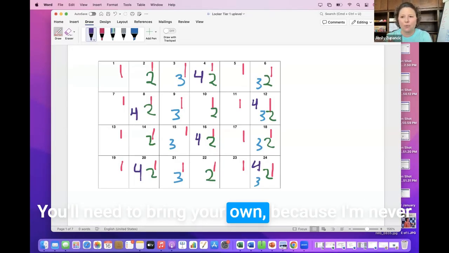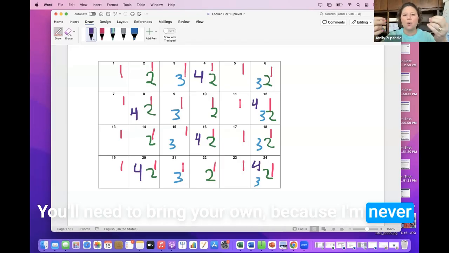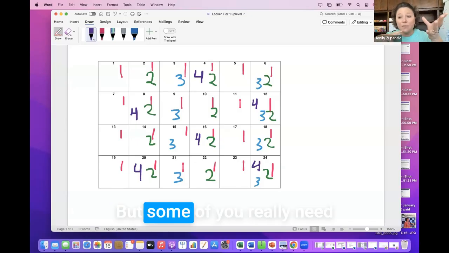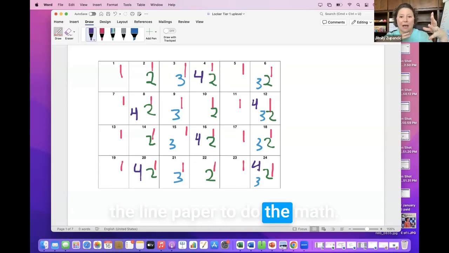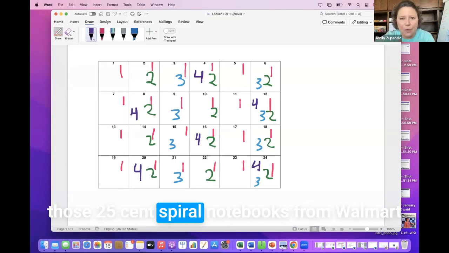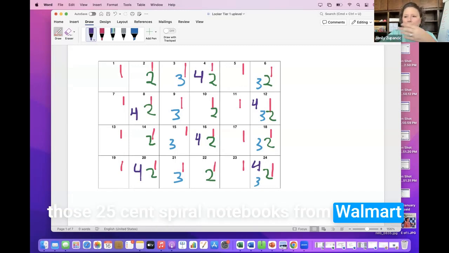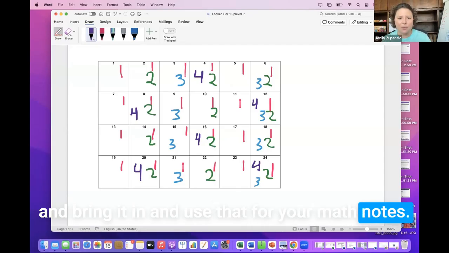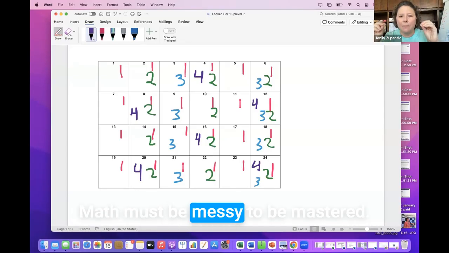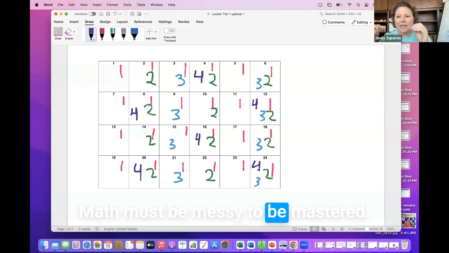You'll need to bring your own, because I'm never going to force you to do math on lined paper. But some of you really need the lined paper to do the math. So just get one of those 25-cent spiral notebooks from Walmart and bring it in and use that for your math notes. Math must be messy to be mastered.